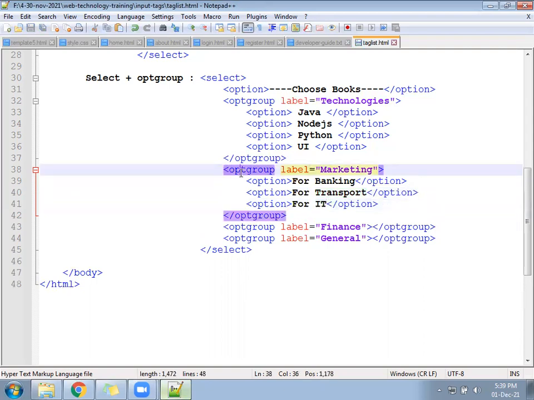In a similar way, under finance you can add something, and under general you can add something. And check once how it looks.